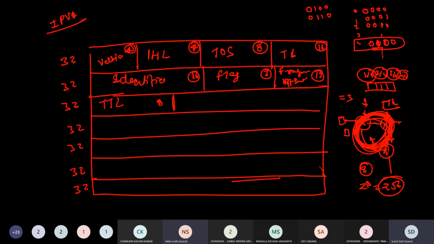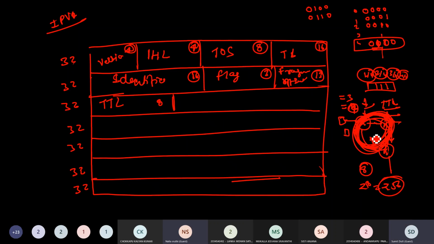It means there may be maximum 3 routers. So when it passes the first router, it will append this value as 2. Now it will reach the second router, it will append the value 1. Now it reaches the third router, it will append the value 0. And then